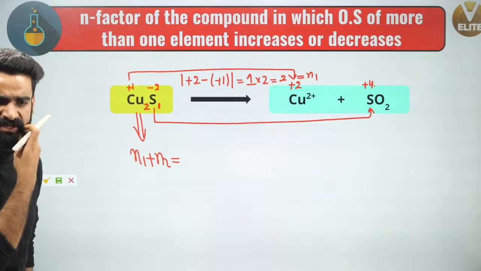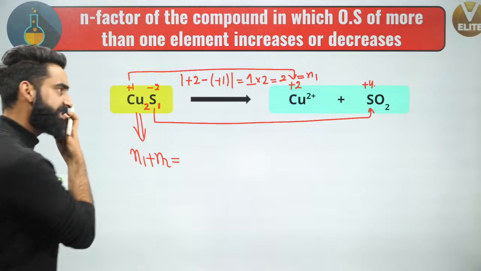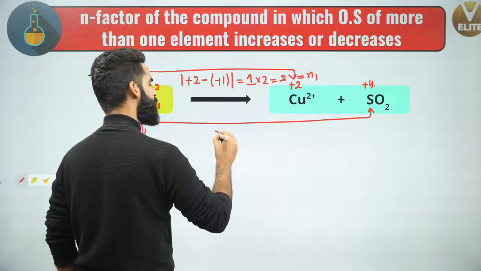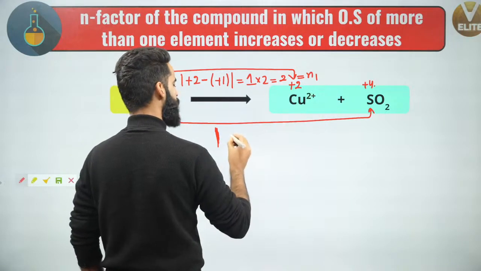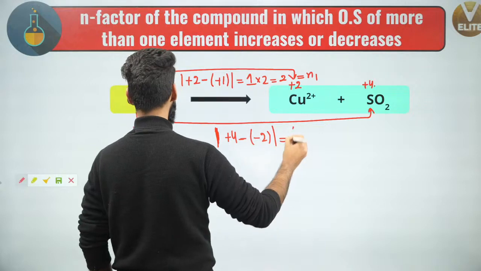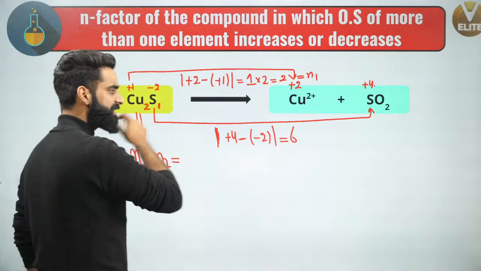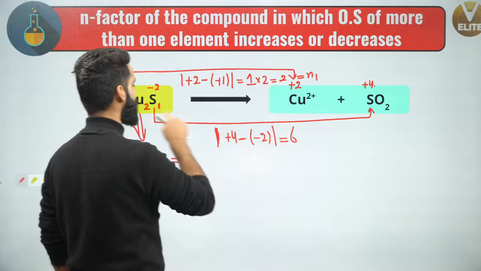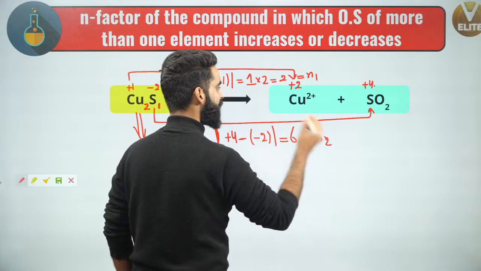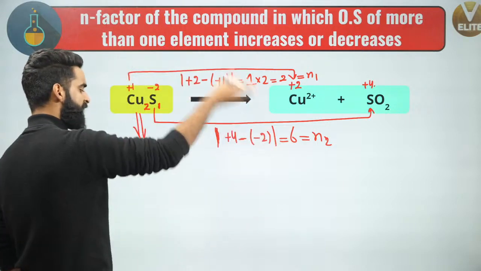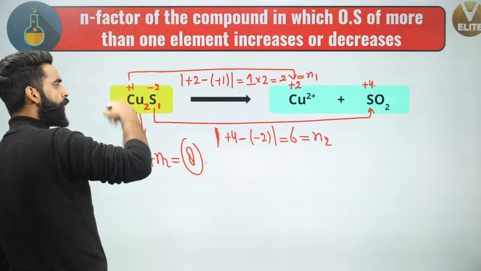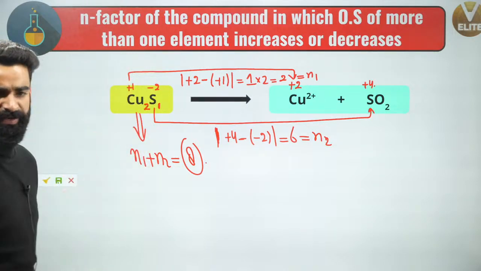Now what about the value of N2? See guys, -2 to +6. Sorry, -2 to +4. Calculate the change. Final oxidation state, which is +4, minus initial oxidation state, which is -2. You'll get the value of 6. 6 is the change in the oxidation state for one sulfur atom, and over here I have only 1. So this is the value of N2. I got the value of N1. I got the value of N2. So N1 plus N2 is going to be 8. So 8 is the n factor of this substance. If you know its molar mass, divide that by 8. You'll get the equivalent mass.